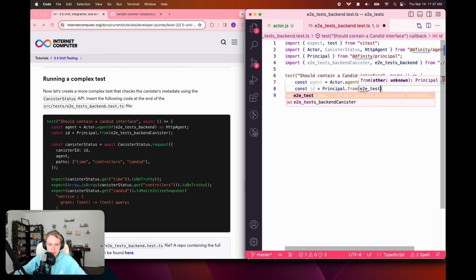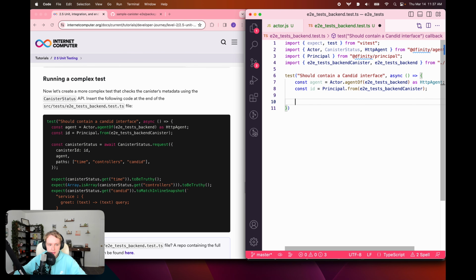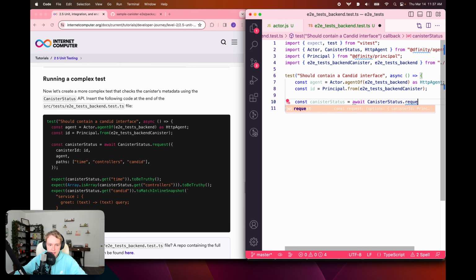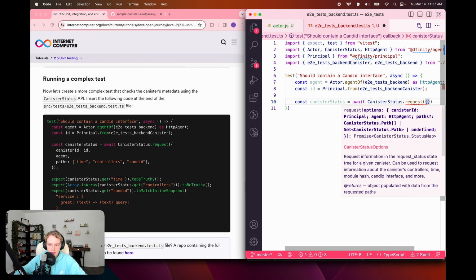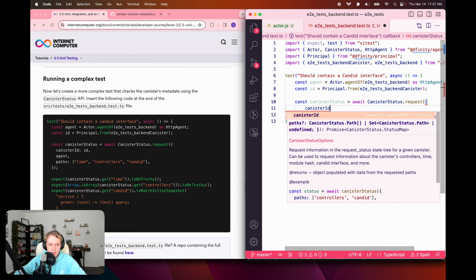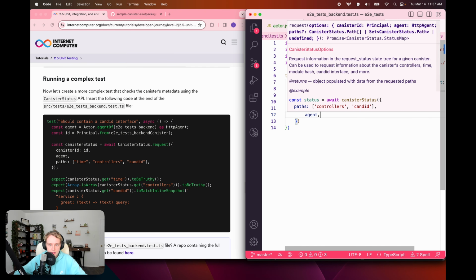And then const id equal Principal.from, e2e_tests_backend canister, semicolon and enter. And then we want to define const canisterStatus equals await CanisterStatus.request, parentheses, curly bracket, canisterId, agent,